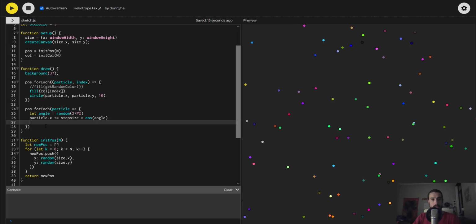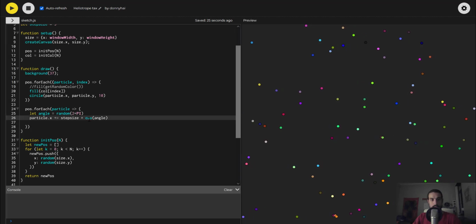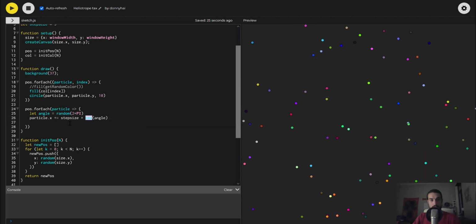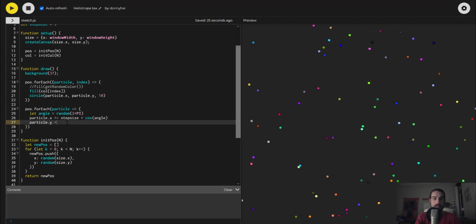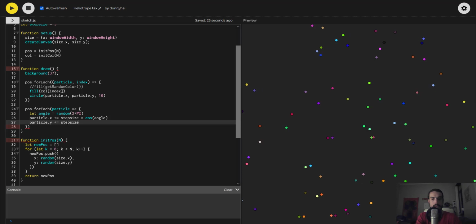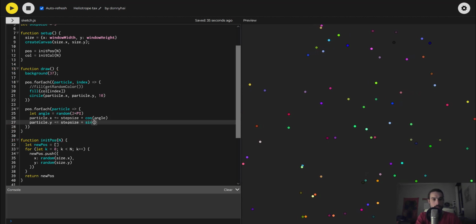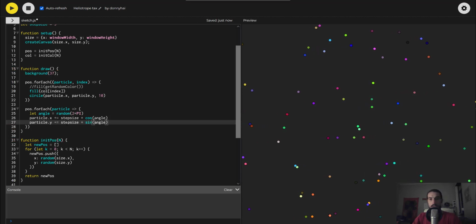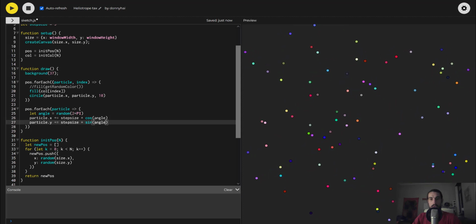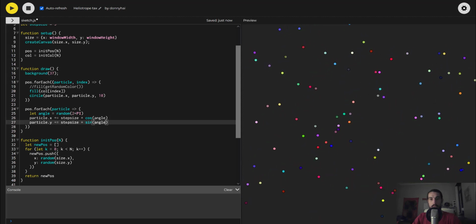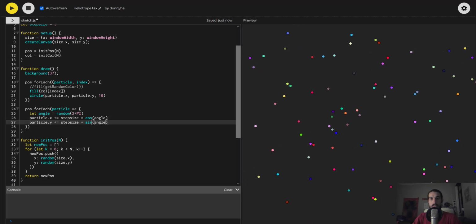In that case, it's reduced a bit by the cosine. So maybe I draw that down another time, but for now it's fine. So now we have random walks by the particles, and it looks